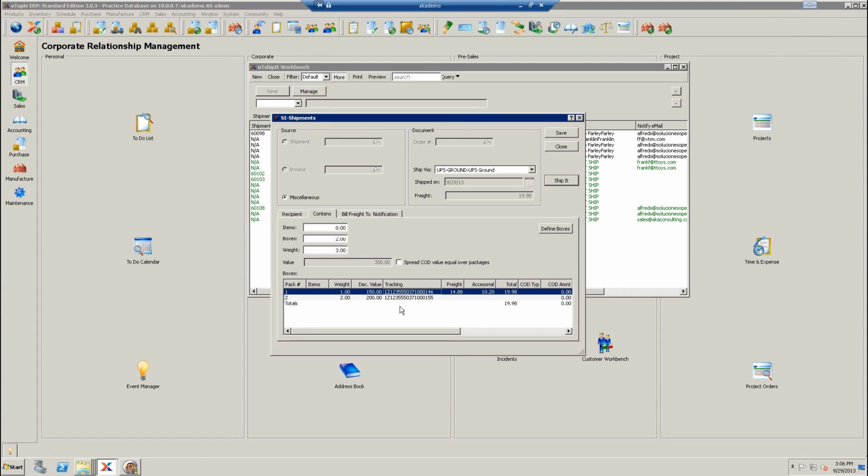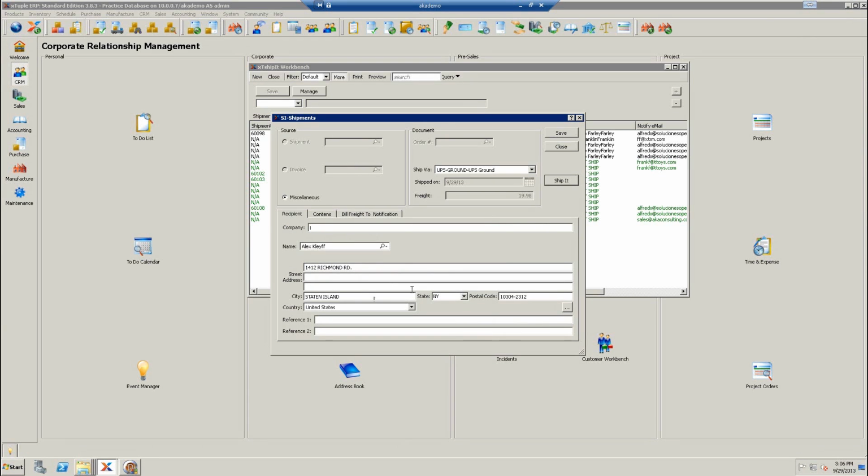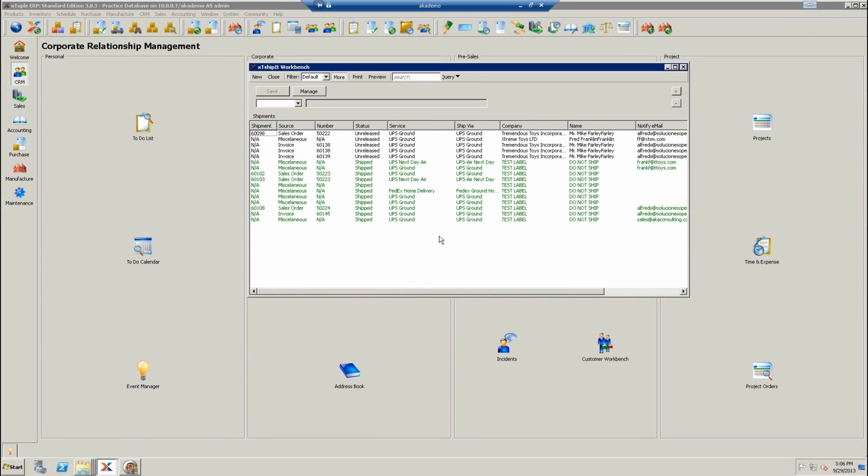We have this functionality in a lot of screens. I will demonstrate a little later how that works, but it's pretty cool. And that's it pretty much. The shipment is done. I can close this, and the